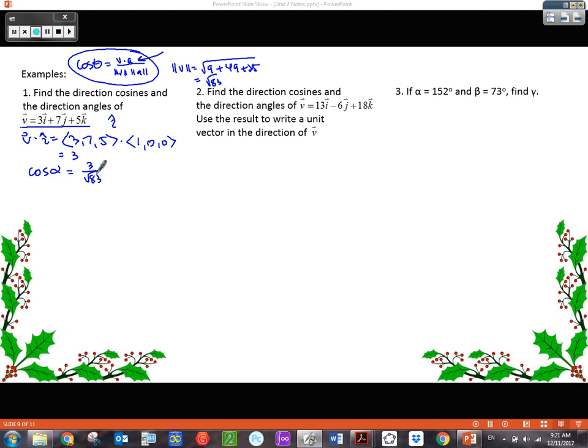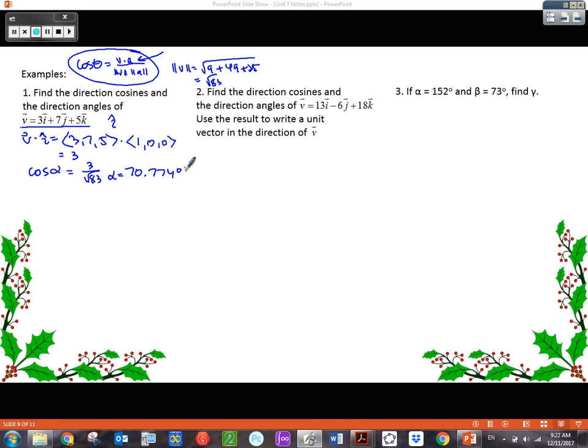You just need to know how it's related. So we put this in our calculator: inverse cosine of 3 over root 83, and our direction angle alpha is